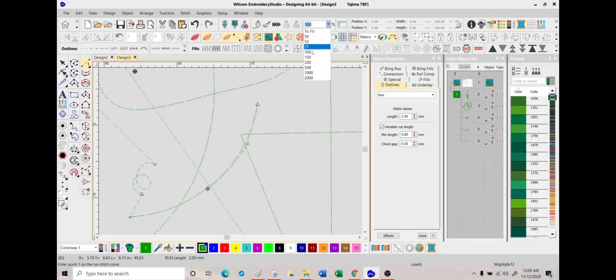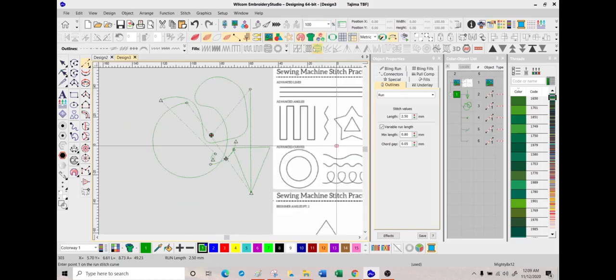So I'm going to go back out so we can see all of this again. We're going to bring back our true view so you can see all the stitching I did there. Now,